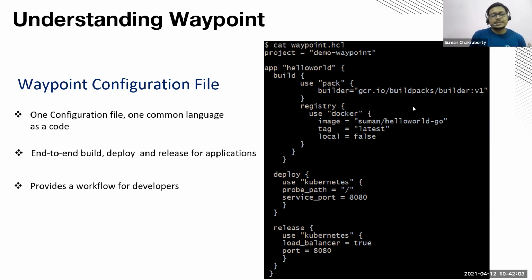Now, you can choose any type of build tool here. You can, for example, choose a Dockerfile that comes from Docker, or you can use cloud native buildpacks. Waypoint supports any type of runtime configurations. Once you have the artifact available, then you can push it into any registry, whether it be a Google container registry, or a Docker registry, or your own registry that is hosted in your own infrastructure. And then you have the build, and the next phase that comes is deploy.